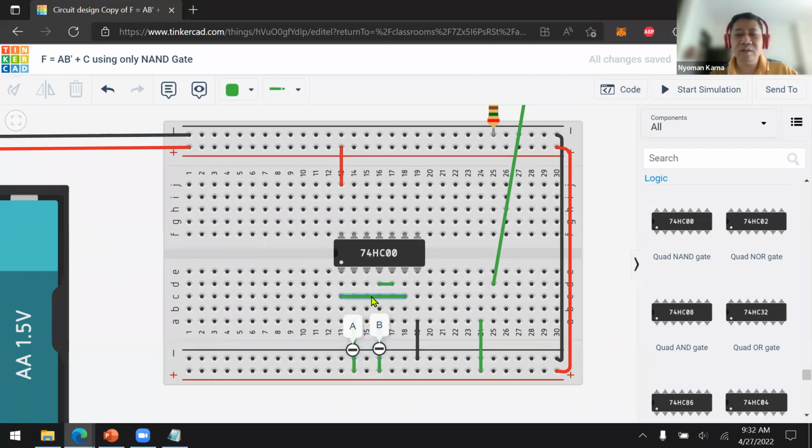This is B naught. And then this is another NAND gate to create A times B naught.